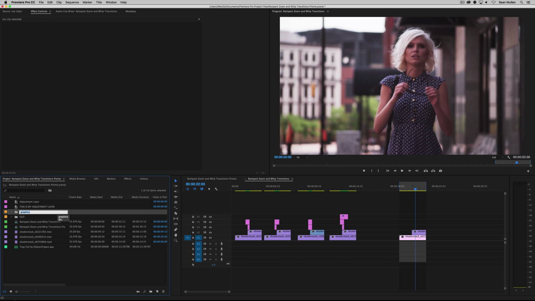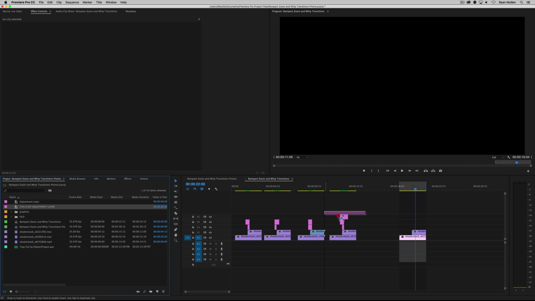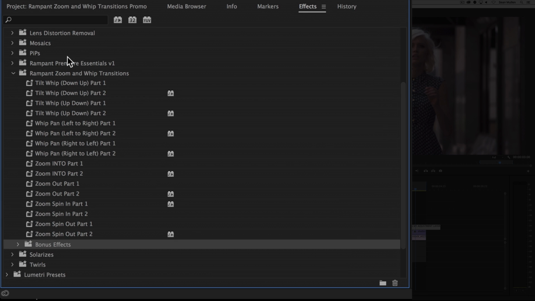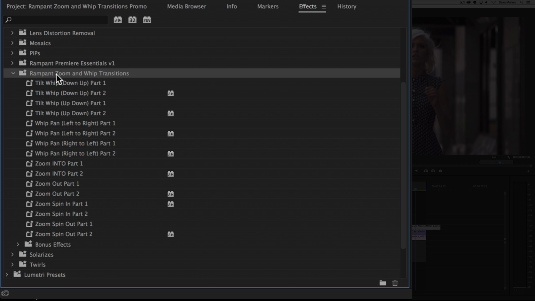A lot of times we get emails like, how do I find it? It just throws it into your Premiere window or your project window here, so it can get confusing, so just make sure you label it something that you like. Okay, so now that we've got an adjustment layer, just bring it over here and we'll just leave it anywhere for now, okay? Go back to your effects window and make sure you're going through the Rampant Zoom and Whip